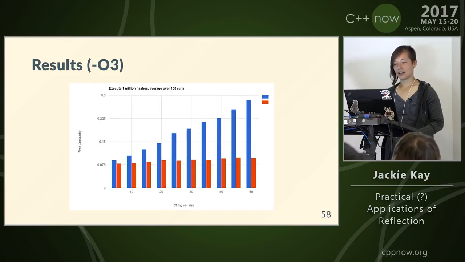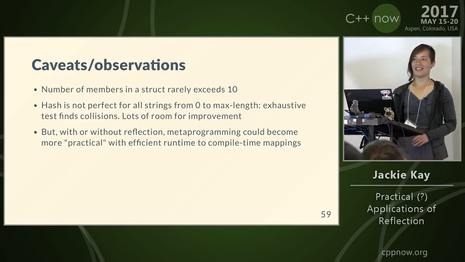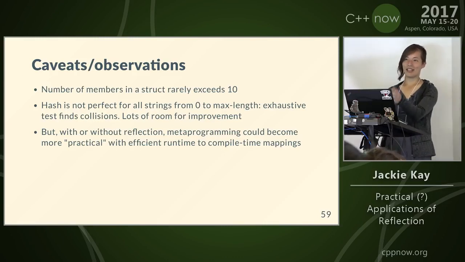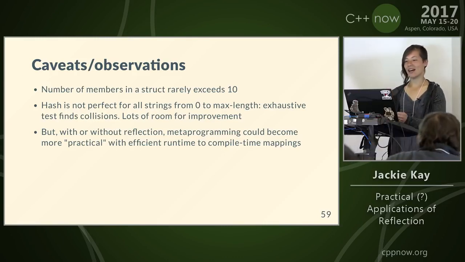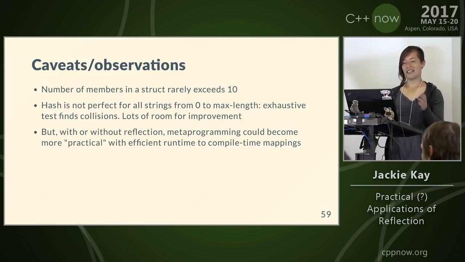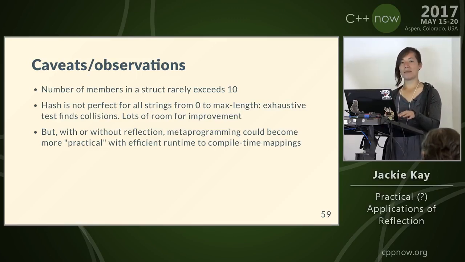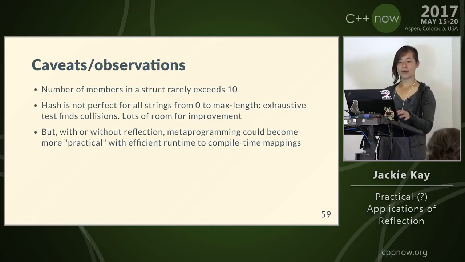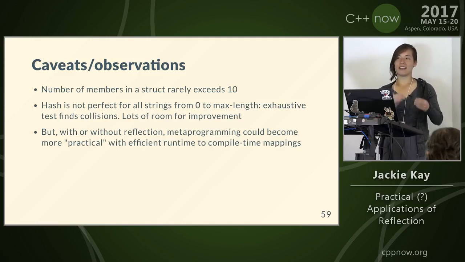But going back to string hashing, you might ask, this is barely even relevant to reflection. I don't disagree. There are also a lot of implementation caveats. In this use case, you'd want to have a hash from 0 to n characters for all strings, because imagine if your user is typing in program options at the command line and makes a typo. Well, that typo string is not in your string hash set, which I illustrated. So you actually want to be able to handle all strings. And if you want to handle all strings from 0 to n, that's a really, really big number, and you're going to actually,